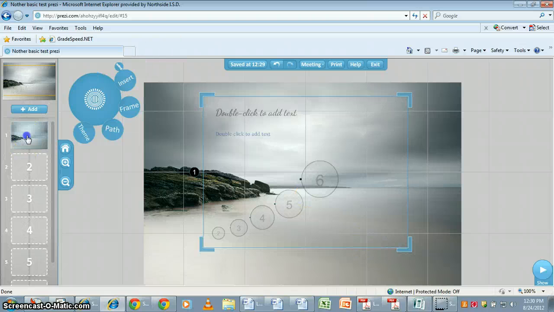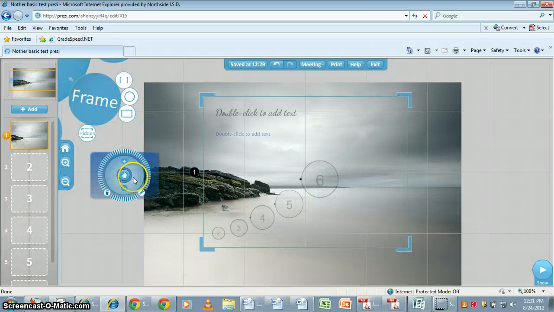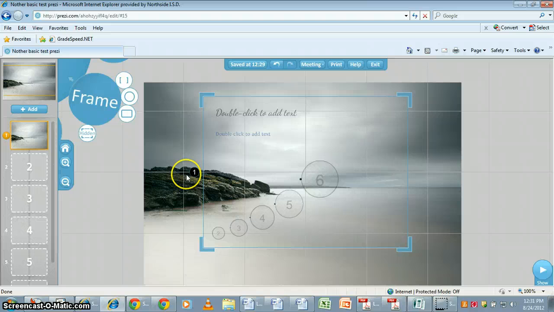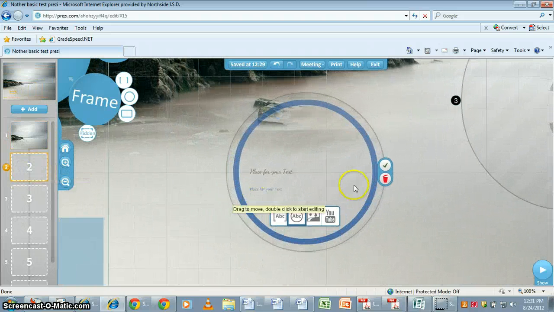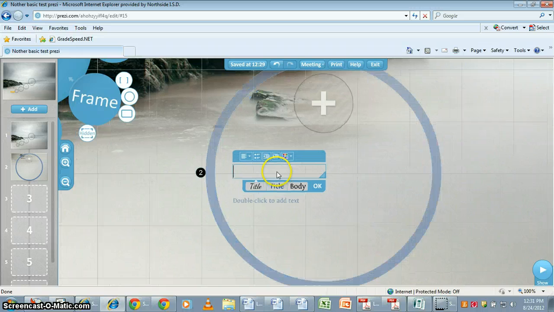So we have our first path point programmed in. That's this view right here inside this frame. This frame looks kind of weird with these little brackets on the edge. This is a hidden frame. You can also do brackets or a circle or a box that's shaded in as you add your own information. But let's say I want to edit number 2. It zooms in right there for me. I'm double clicking and then it adds a path point there automatically. And then I double click again and I can add